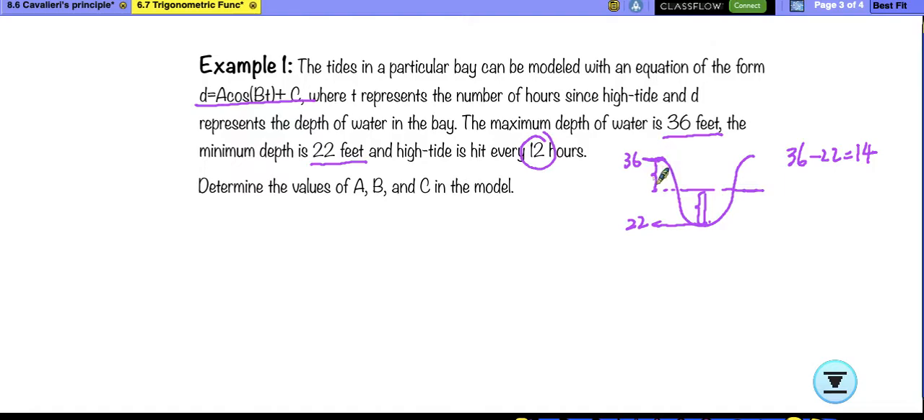So since amplitude is actually half of that, 14 divided by 2 is 7. So we know A is 7. So the first one we know. And then